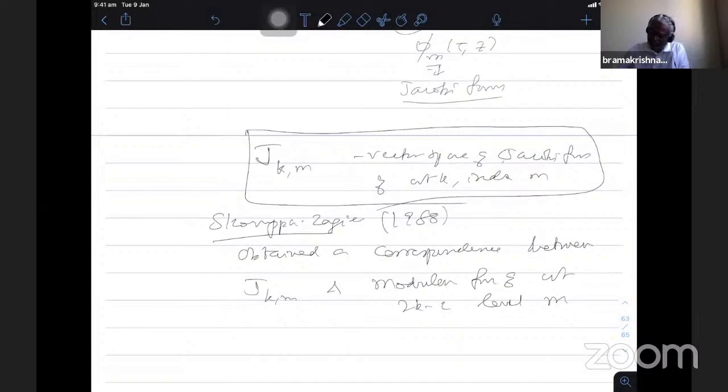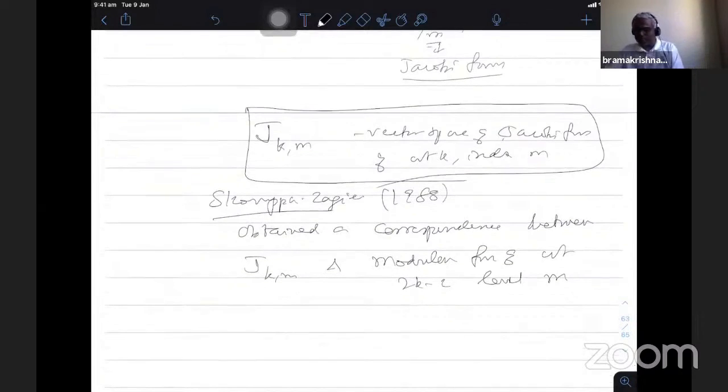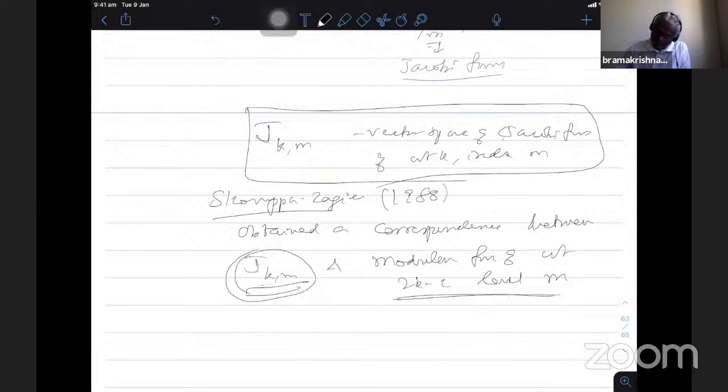Again, a trace calculation was done for this. There are Hecke operators on these spaces; already we have the Hecke theory here. One can introduce Hecke operators in this space, and by computing the traces of Hecke operators on the Jacobi form space and comparing with the trace formula for the integral weight Hecke operators, they showed that there is an isomorphism between the space of Jacobi forms and a certain subspace of modular forms of integral weights. What they proved is that J_{k,m} is isomorphic to the space M^-_{2k-2}(m).